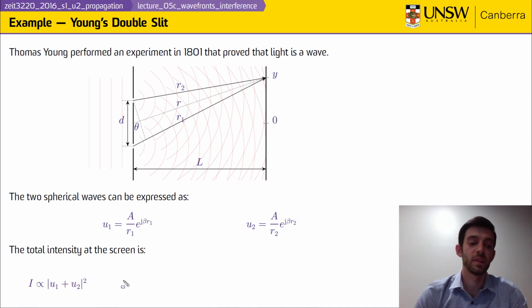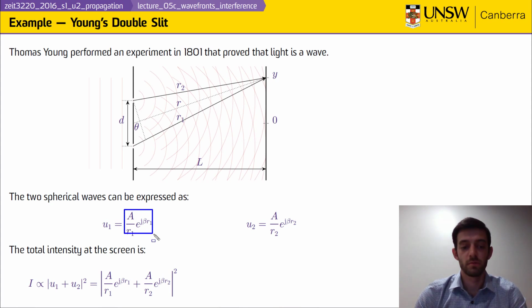Total intensity at the second screen will then be the magnitude squared of the sum of those two waves. And this is something that you saw in a different lecture, with the Poynting vector being related to the magnitude squared of the electric field plus some other constants, and this is why it's proportional to and not necessarily exactly equal to. Once we plug in the definitions of our spherical waves into U1 and U2,